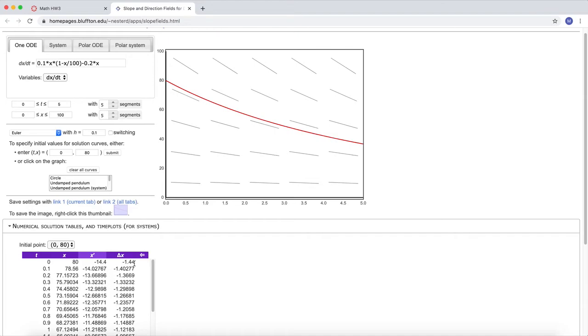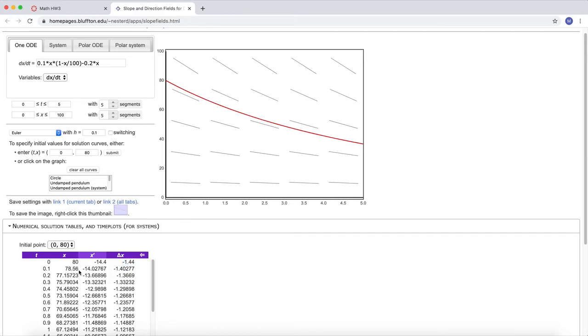And then all you have to do from there is, once you have this number here, you take your current state and add or subtract whatever that value is. So since this is a minus 1.44, I'm going to do 80 minus 1.44 and I'm going to get to